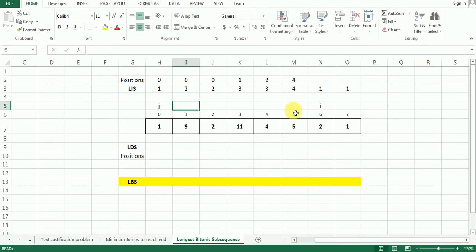Okay. Now is 2 greater than 1? Okay, it is greater than 1. So I add 1 to it. So I'm going to get 2. All right, 2 is greater than 1. I'm going to update it here and I will put 0 over here.